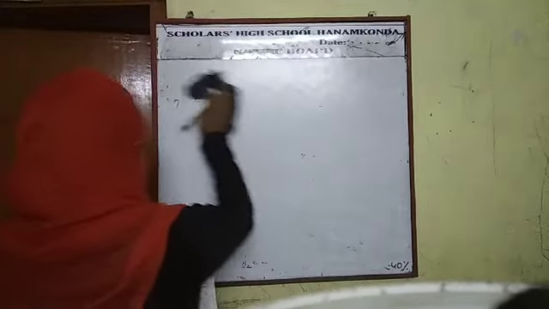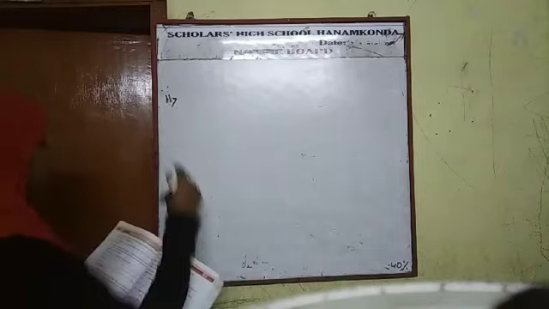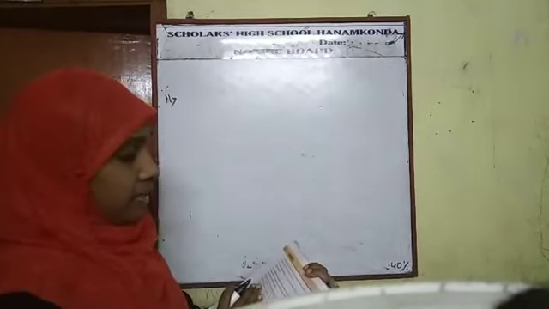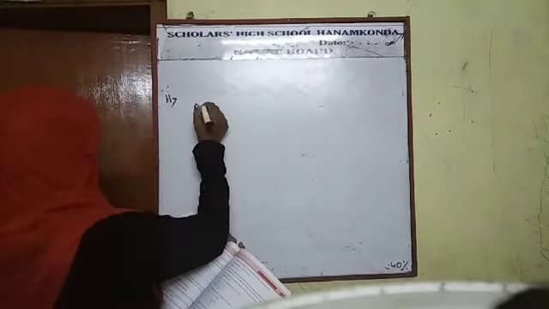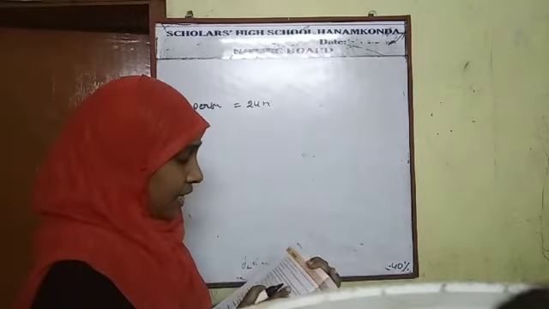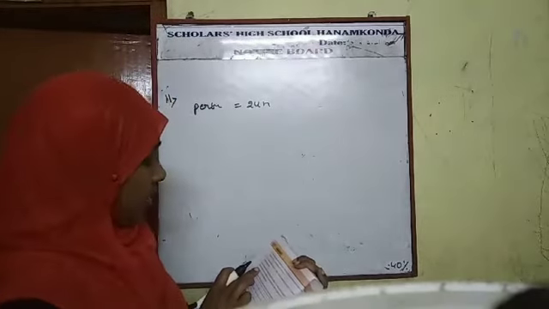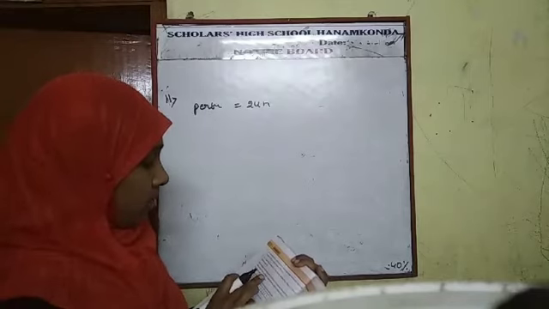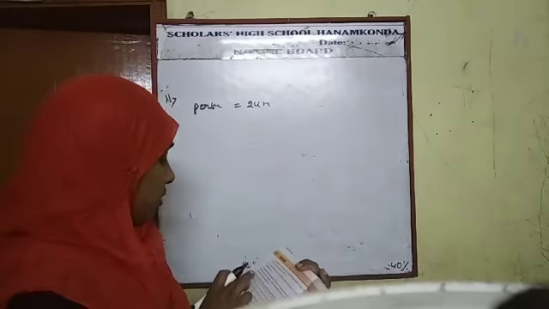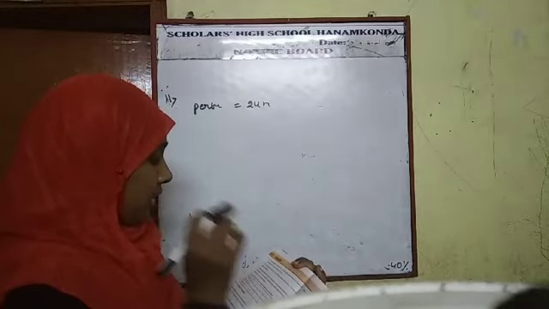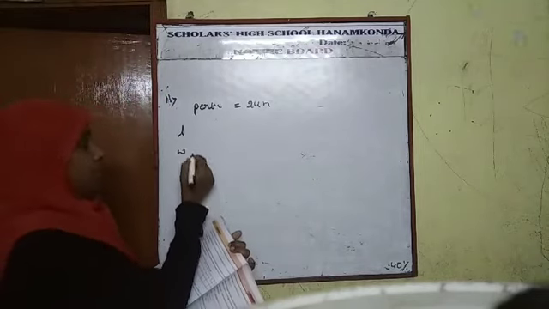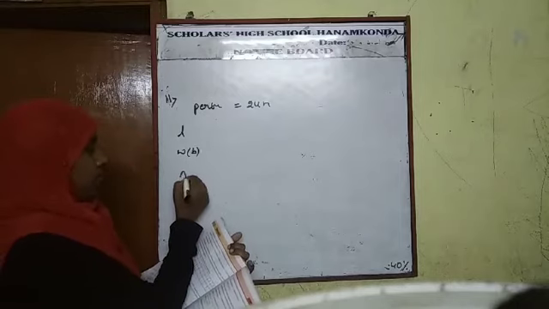Now last problem in this exercise. Very easy problem. Just fill up the boxes. Given a rectangle with a fixed perimeter of 24 meters. Here the perimeter is 24 meters, fixed. If we increase the length by 1 meter, the width and area will vary accordingly. Use the following table to see how the width and area vary as the length varies. Here see the length, width, nothing but breadth, beta. Here area.